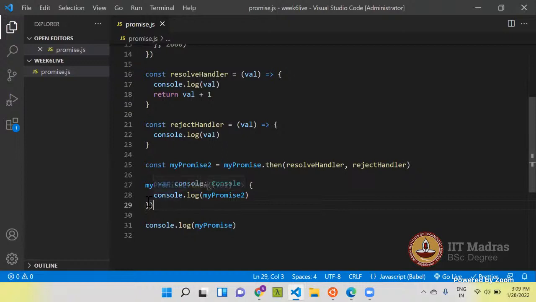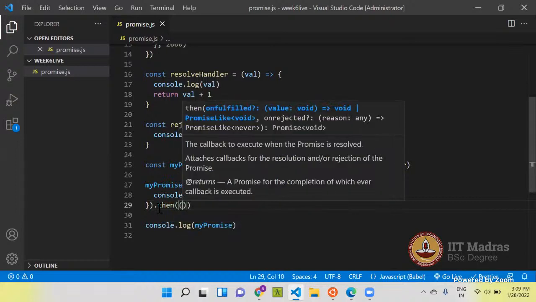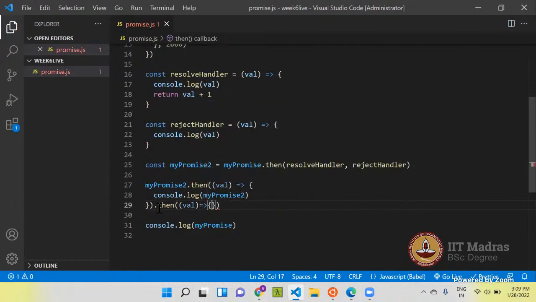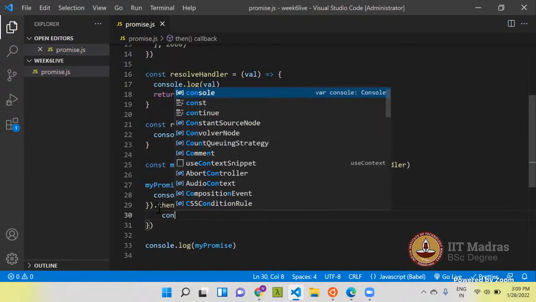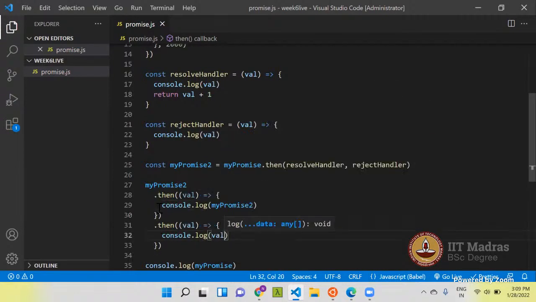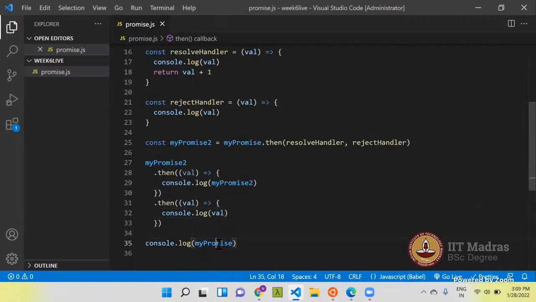So what will happen if I put dot then here, dot then, and then value. What do you guys expect?